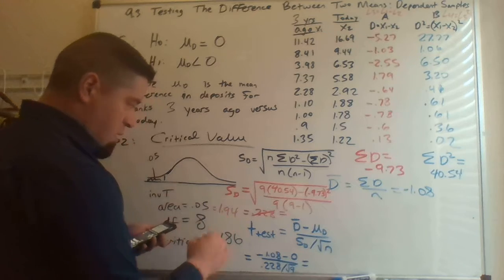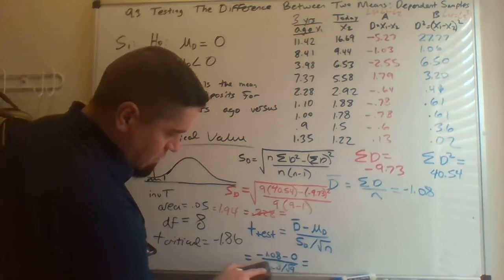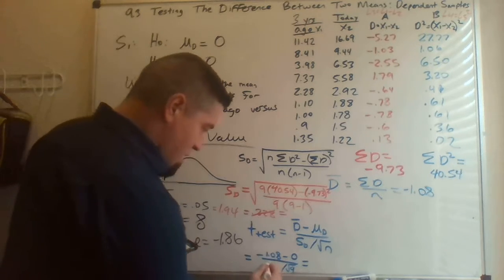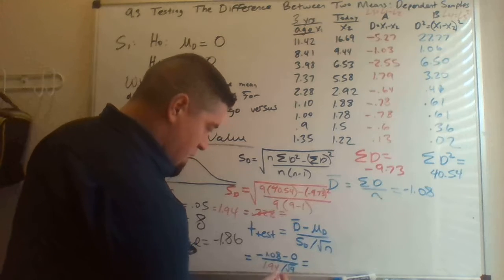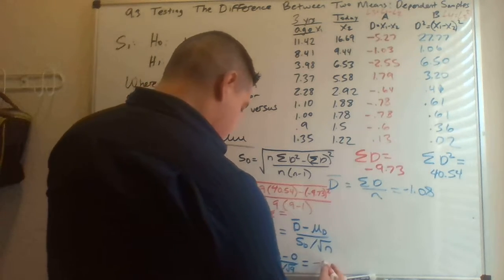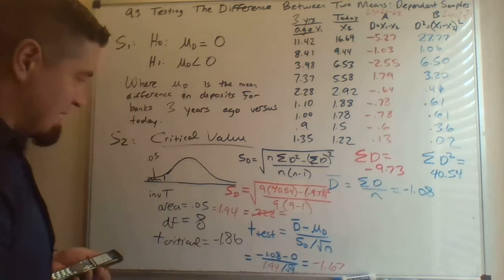Okay. So apologize for that error, but that means this will change because that's the standard deviation of the differences. 1.94. Go here, and then after doing those changes, I end up with negative 1.67, which finally is our t-test,